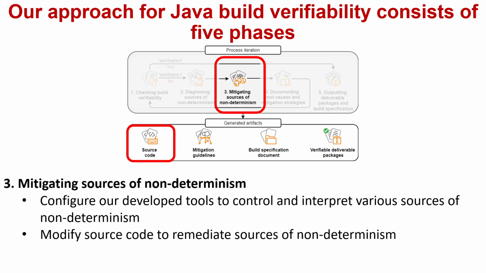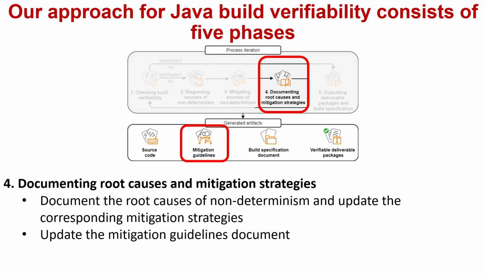In our running example, both Java BEP environment and Java BEP fix are enabled during the build process. As a result, the timestamp generated in POM.properties files will always be the same. For each newly discovered source of non-determinism, we document its root cause and summarize it into a specific category, and then come up with the mitigation guidelines.